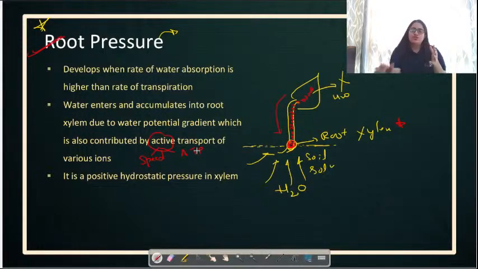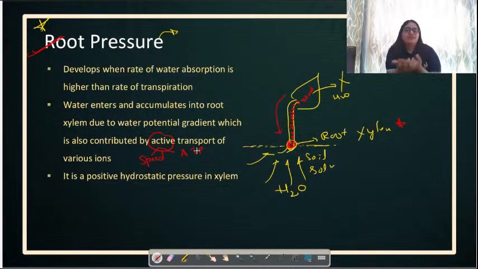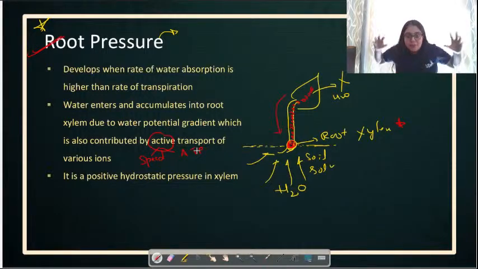So solutes, you remember, not all solutes are absorbed passively, some via passive, some via active. So either the solute is getting absorbed with the help of expenditure of some ATP, or it is getting absorbed via a diffusion process, I mean to say via passive transport. So either it is passive or it is active, and because of this speedy absorption of the minerals from the root hair cells,